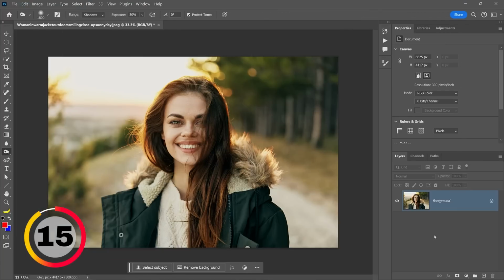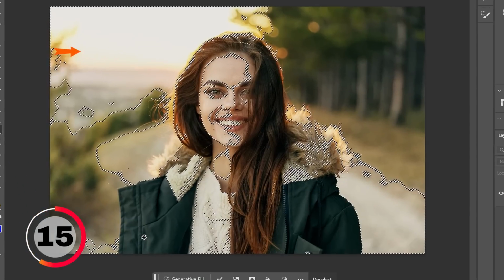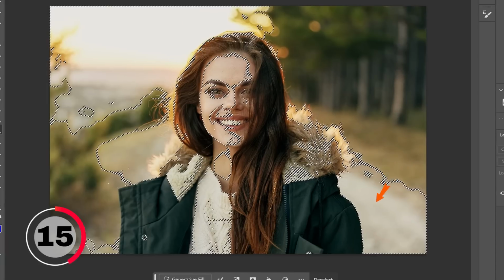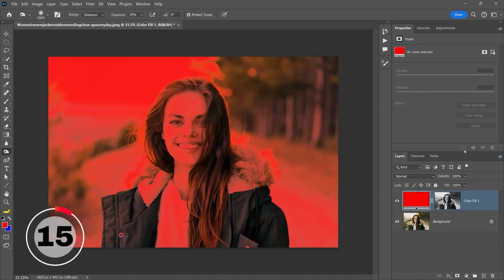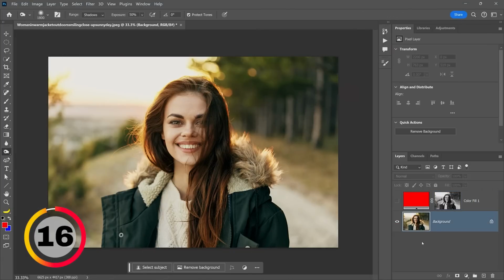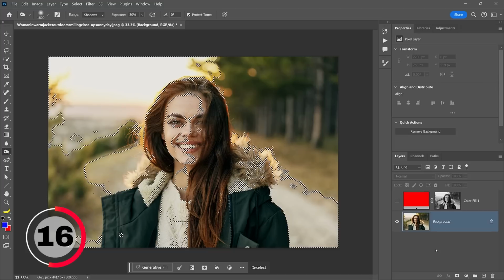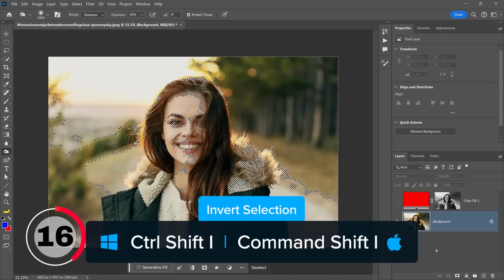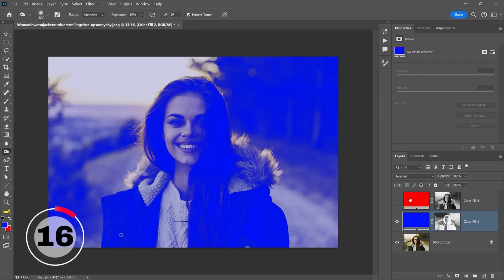You can load the luminosity of an image by pressing Ctrl Alt 2. This selection targets the bright pixels. If you create a fill layer, you will see that the red pixels appear over the bright areas. To target the dark pixels, load the luminosity again by pressing Ctrl Alt 2, then invert the selection by pressing Ctrl Shift I. When you create a new fill layer, you will see that the blue pixels now target the